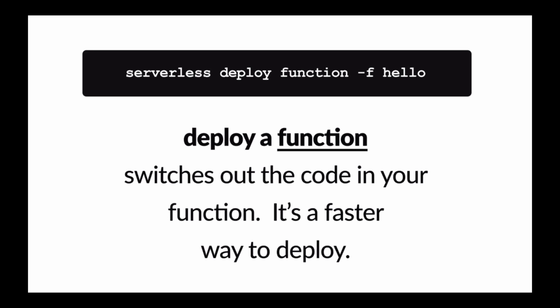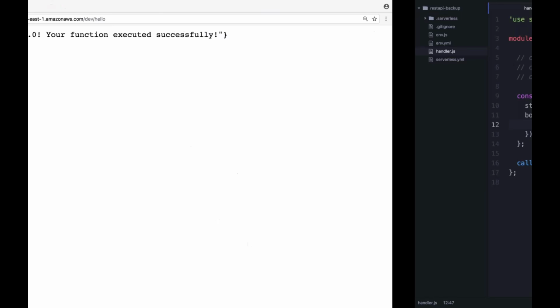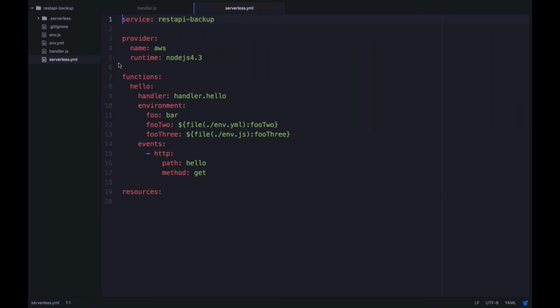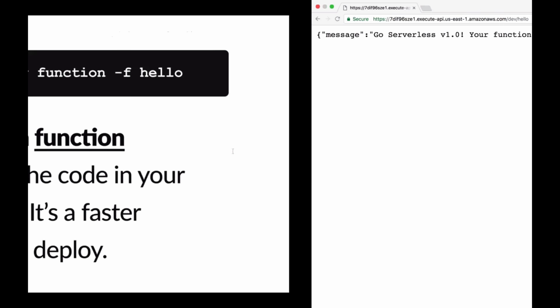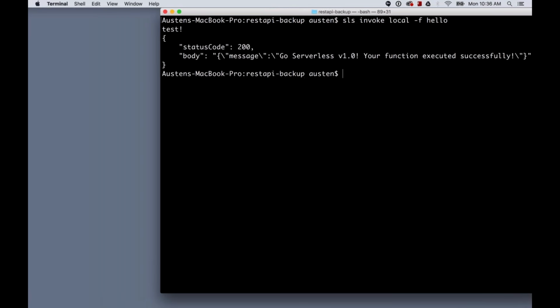So you only want to run serverless deploy when you're actually making changes to serverless.yaml, infrastructure changes, because this is syntax to describe infrastructure. And when you change this, you should run serverless deploy, which again will update your CloudFormation stack and update the infrastructure in it, which is described here. But if you're changing your code, we have serverless deploy function, which is a lot faster.